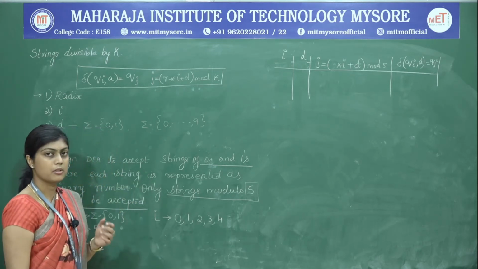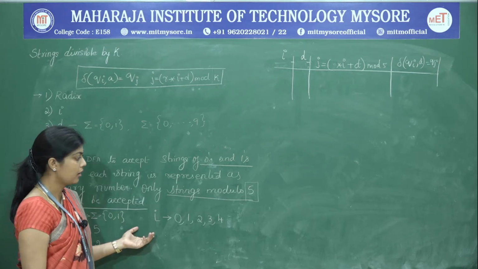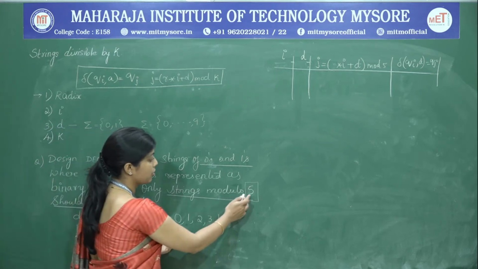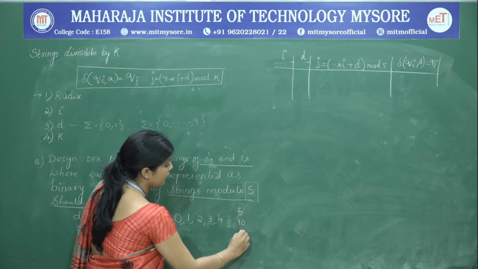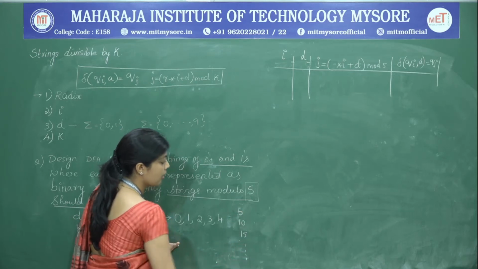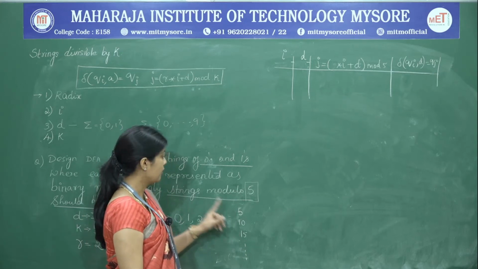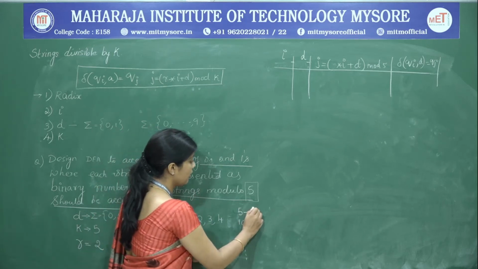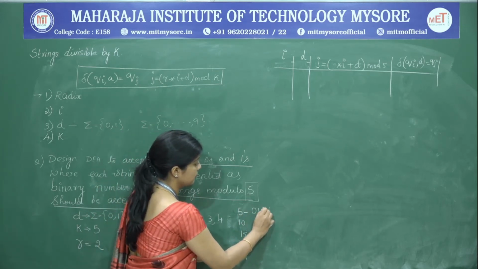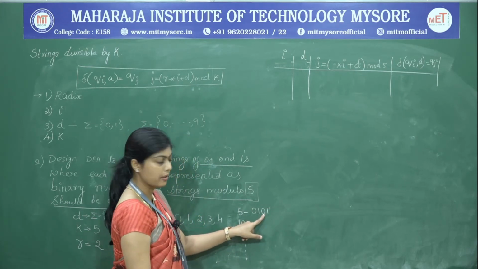So let us look at some strings which are going to be accepted by the DFA and some strings that are going to be rejected by the DFA. We know that any number has to be divisible by 5. So the numbers are 5, 10, 15 and so on. These numbers are not going to be represented in decimals, rather they are treated as binary numbers. So this is the binary number that has to be accepted by the DFA.